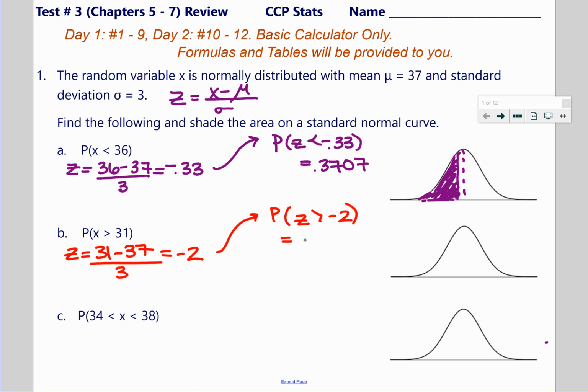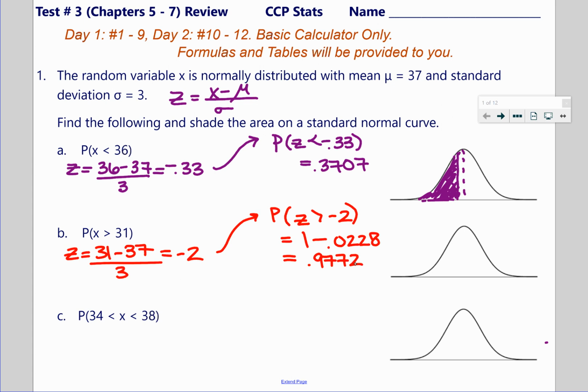What do I have to do with the number on my chart if it's greater than? Remember? You're going to have to do the complement. So 1 minus whatever the area to the left is, because 1 is the total area under the curve. All right, so negative 2.00 you're going to find in your chart. You guys should see 0.0228. And then we subtract. And I get